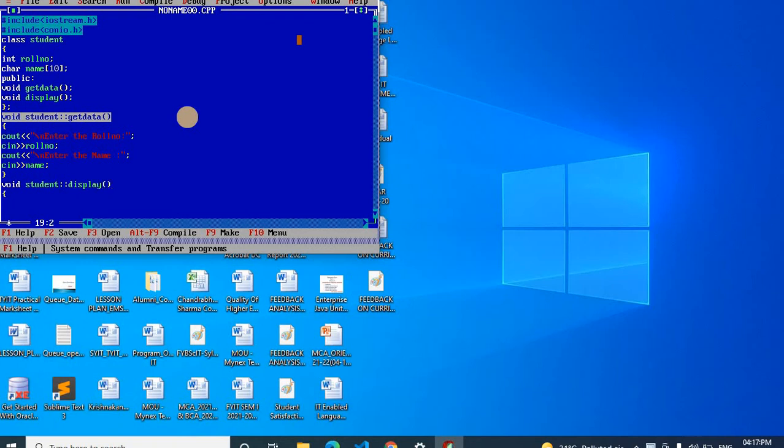Okay, now here we will display these two values. One is roll number, another is name, right?